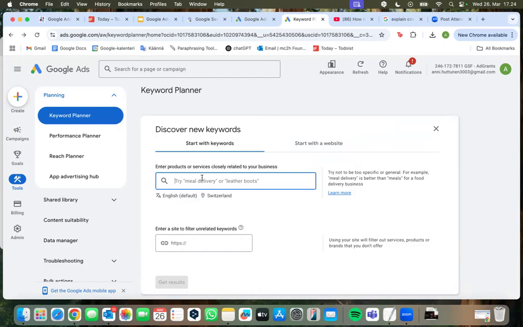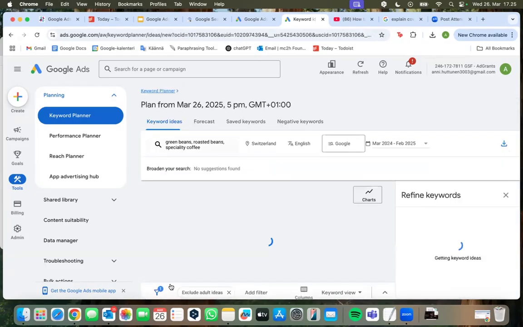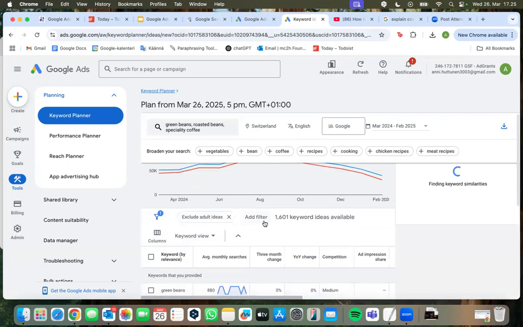So let's say that I'm now based in Switzerland. This is important because this is a place-specific result. So you will put the location here to advertise. So for me, if I wanted to advertise green beans and beans and specialty coffee, this is my ask for Google now. I will say get results, and I would get a very